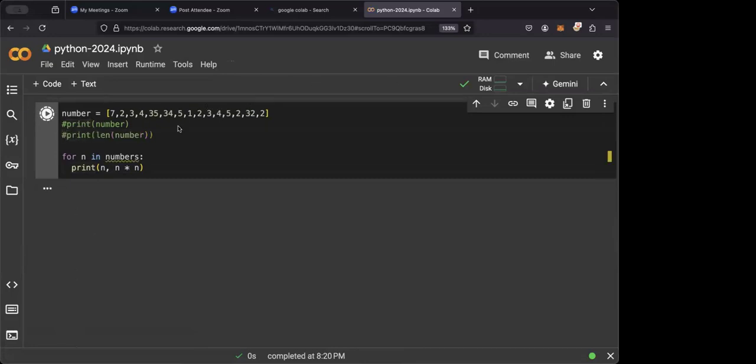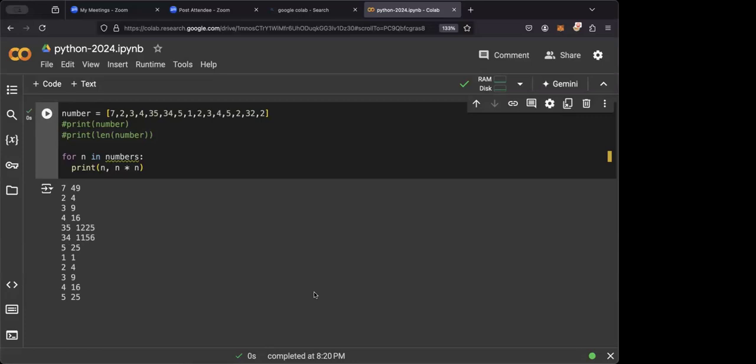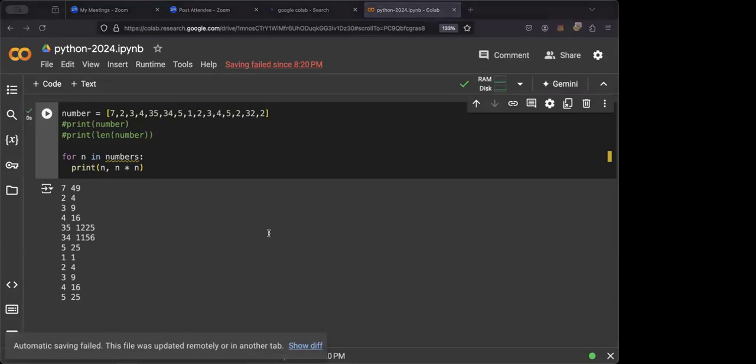Oh, so the number multiplied by number is okay. Yeah, 7 multiplied by 7, 2 multiplied by 2, 3. I cannot see the 32.